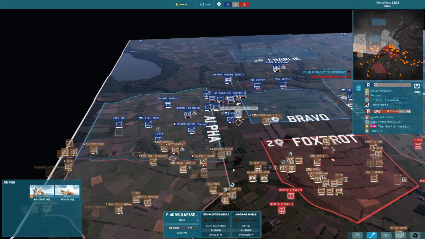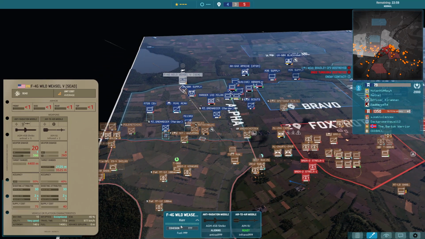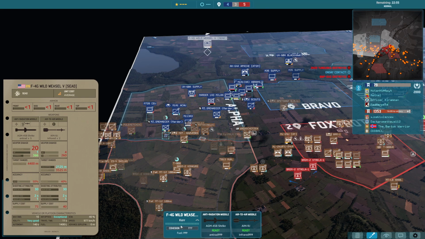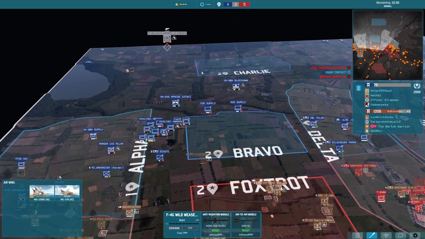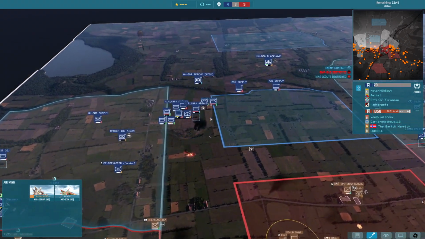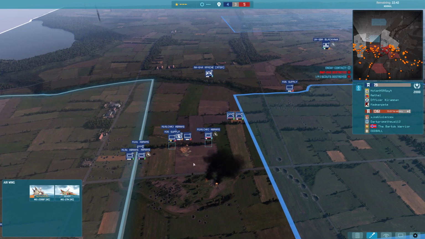This F-4 just absolutely insane over here. It has very good agility. 40 ECM. Does finally take a shot. I'm just not sure what is going on there. That dies. Artillery starts coming on